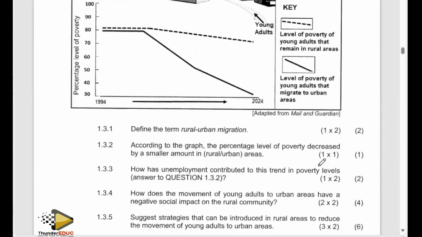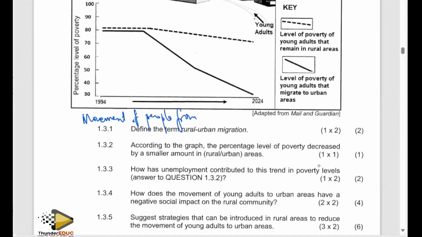Right, so going on to our questions, question number 1.3.1. Define the term rural-urban migration. That one is a concept, a geographical concept. You should define it in your own geographical sense as long as you are addressing the basic requirements of the concept. So basically, I would define it as refers to the movement, because there is migration here. Migration, we know that is movement of people